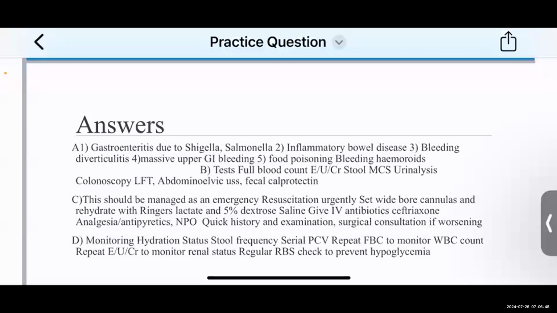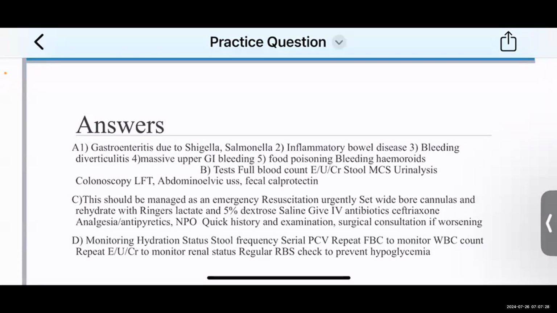And then another differential will be bleeding diverticulitis, which is a cause of lower GI bleeding that will give the frank blood that we are seeing on the DRE, with associated inflammation of the diverticuli in such patients. Another differential will be massive upper GI bleeding with maybe superimposed infection, probably from perforated peptic ulcer disease or chronic liver disease. But this is not likely because the other features of chronic liver disease were not given in the history. A differential there will also be food poisoning,